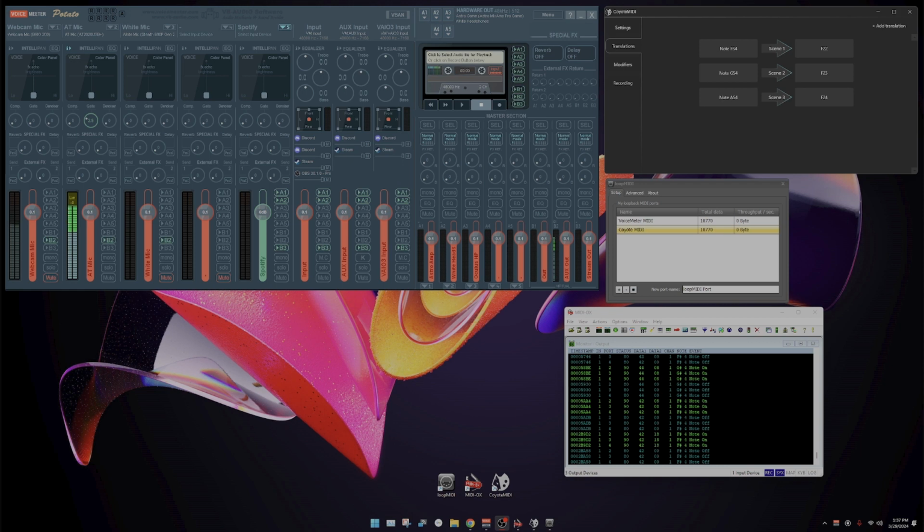We're basically going to be going over how to use loopMIDI along with MIDI-OX to use multiple different applications with one singular MIDI controller. It's actually very simple. As soon as you install MIDI-OX and loopMIDI, what you're going to want to